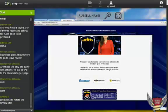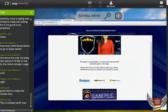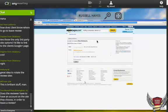So all they've got to do is, they get taken directly here. So we're on Super Pages. Here's what happens: they click Super Pages, they come over here. My client is Wilson Brothers. They come straight in and bypass the profile page, because we want to do this in the least amount of clicks possible, right? So if you go back here and count,